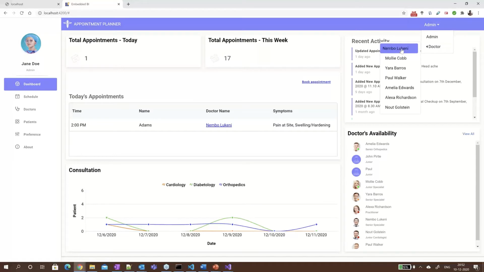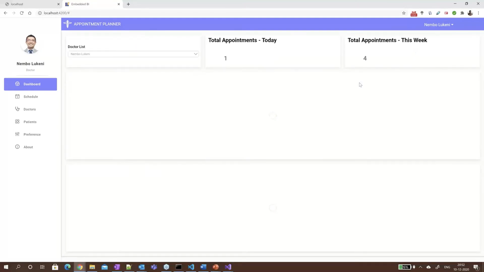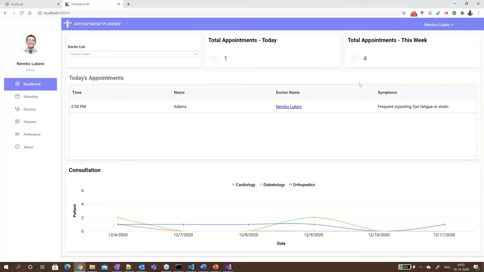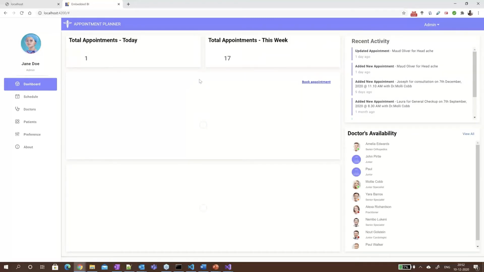I'm going to switch to Dr. Nimbo. You can see that the doctor dashboard is loaded. I'm clicking back admin, and the admin dashboard is loaded.